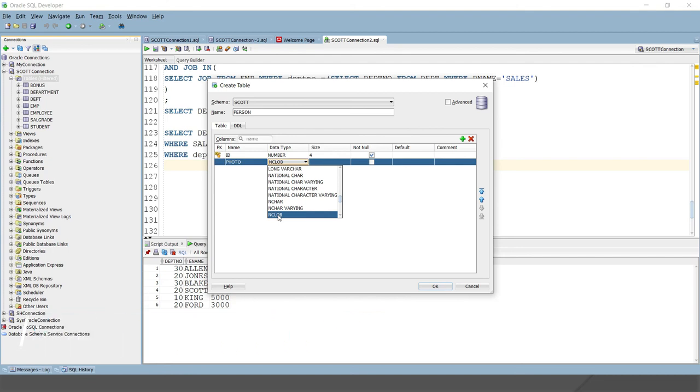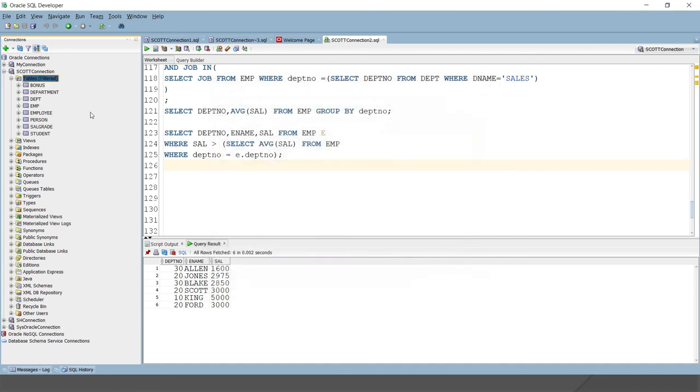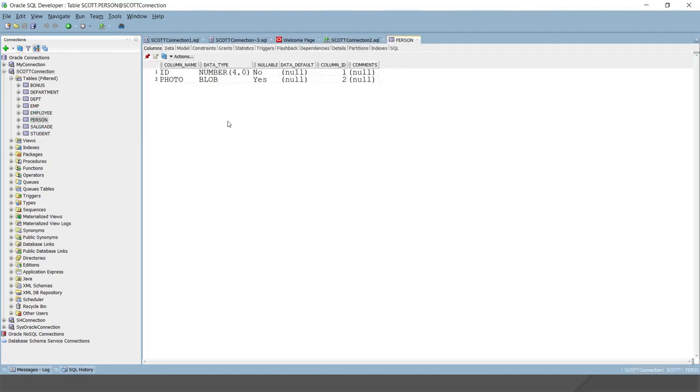So let's say in this column I'm going to select BLOB, right? That allows me to insert and save any kind of images which are in binary format. And I'm just going to apply. Here you can see the table is created. If I refresh, you can see the table person has been created, right? So just as you create a table with different data types, in a similar fashion you can create one with BLOB and CLOB